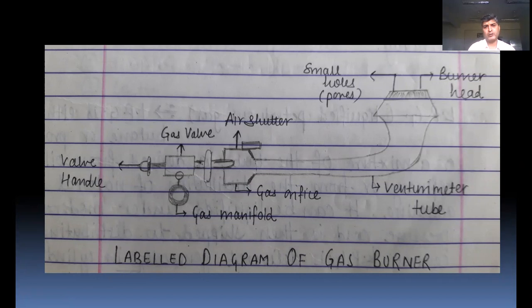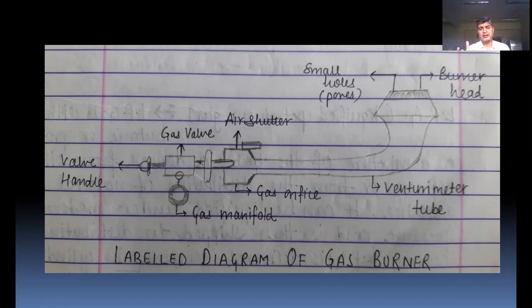Gas burner, I hope all of you have seen at your home the normal gas burner. How it works is mentioned in the following diagram. The first one is valve handle, gas valve, that means the cap which is being fitted over a gas cylinder. Then it is connected with the pipeline of gas range with a knob from where we can regulate the flame high or low.